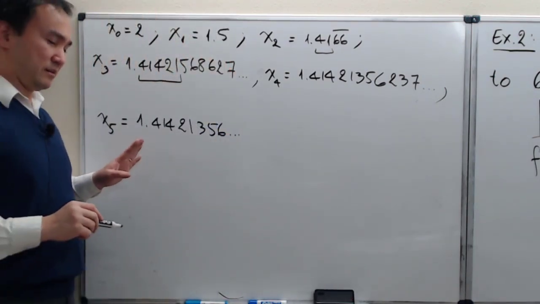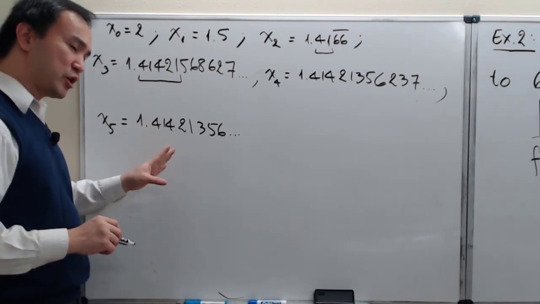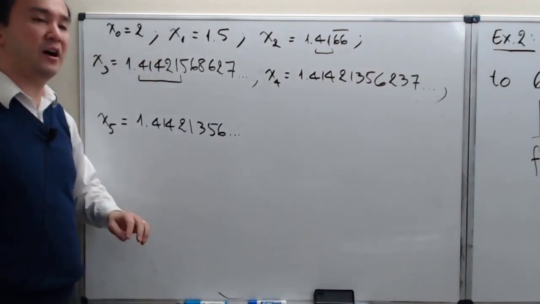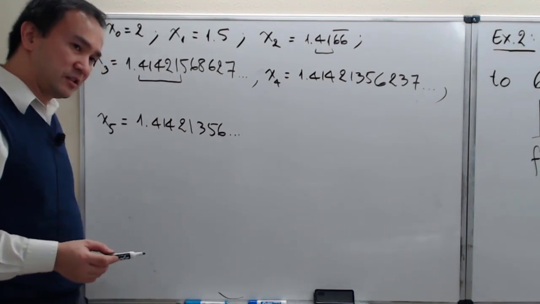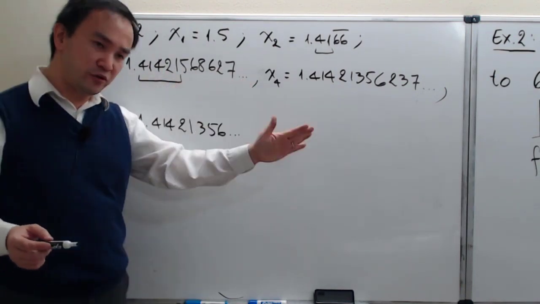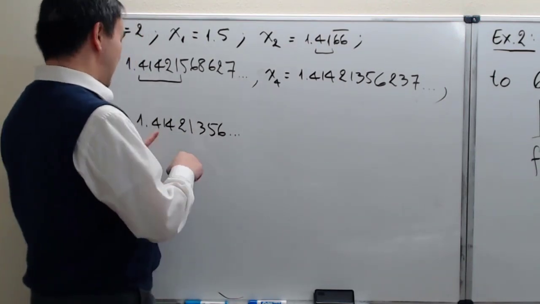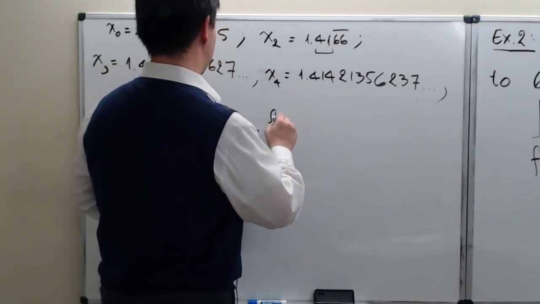Now at this point, let me make another clarification. When you're actually using your calculator, make sure you maintain the full precision. Don't round and then use that for the next value, because it's going to start leading to some off decimals. Okay? So when you're still part of the calculation and you did not reach your final answer, don't round any of these yet. Okay, and so now x5 is x4 minus f at